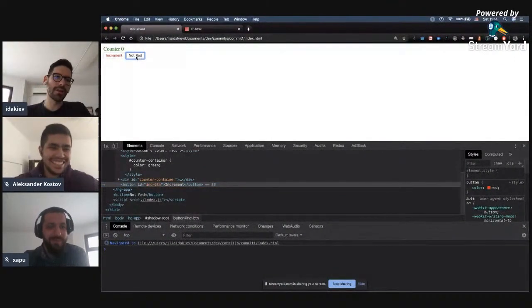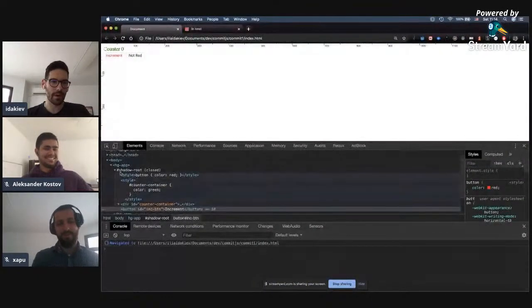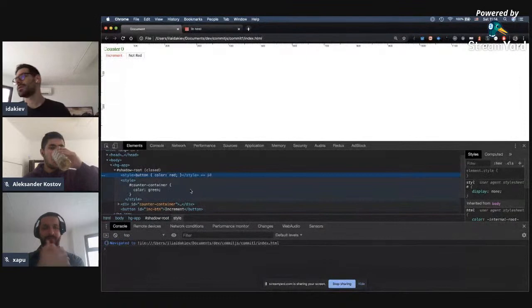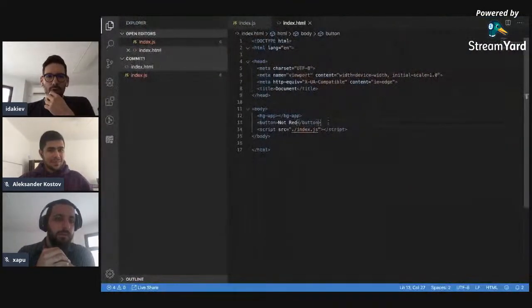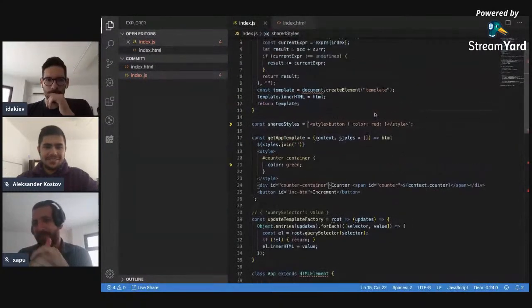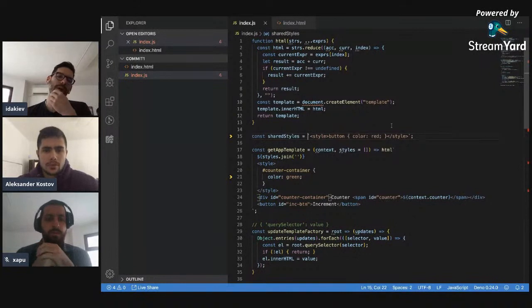Okay, see this button? It's not red, just because we're only applying the style inside our shadow DOM here. So yeah, it's really cool. Okay, so what should we do next? Any ideas, guys? Do you want to do something? By the way,